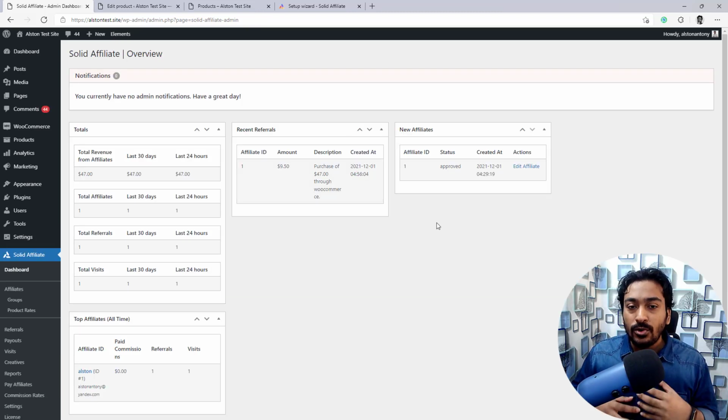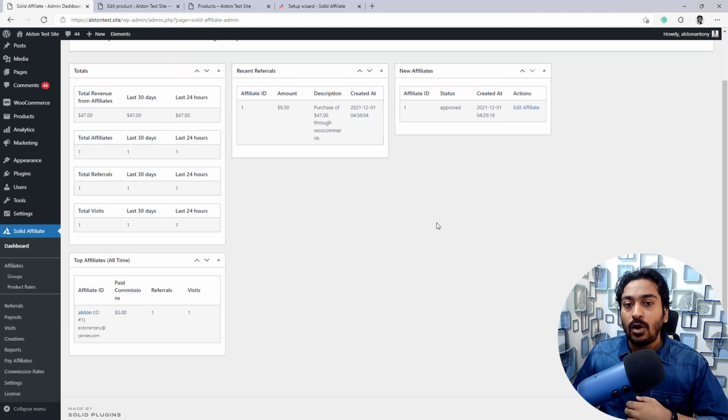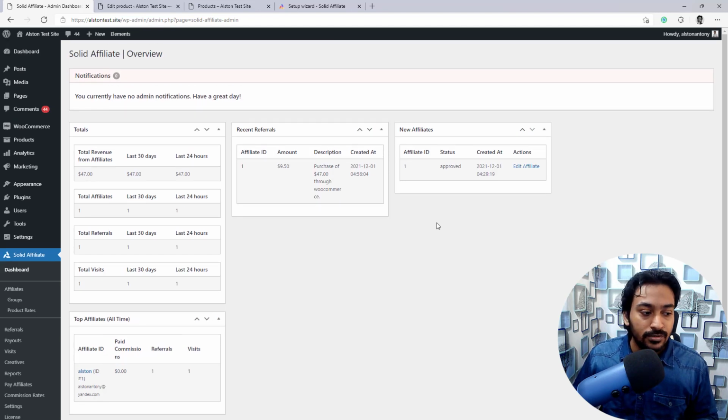Now we know how to set up the affiliate program, how to track the affiliate commission, and how to see all the statistics. Now let's see how to go about paying out or making payment for these affiliate programs within Solid Affiliate itself. First, if you want to use the automatic PayPal payout option, you need to set up the integration to your PayPal.